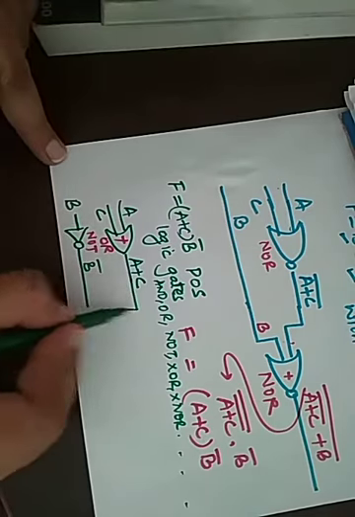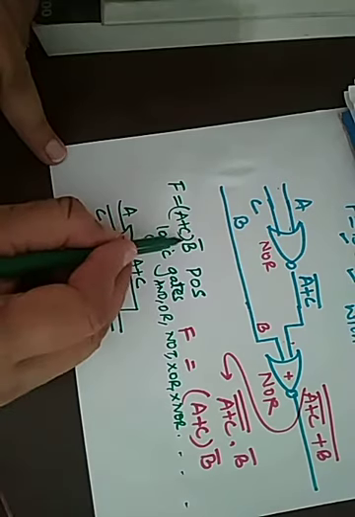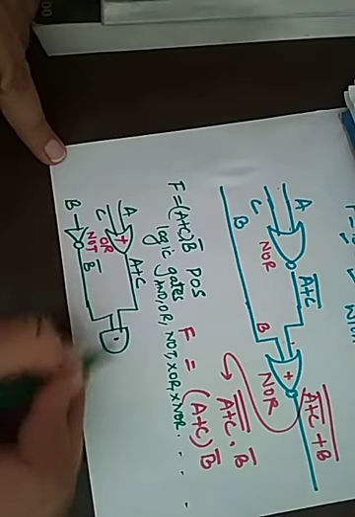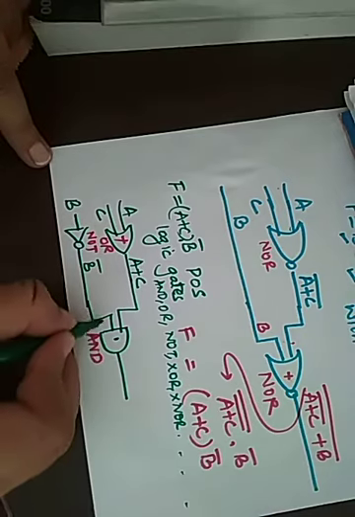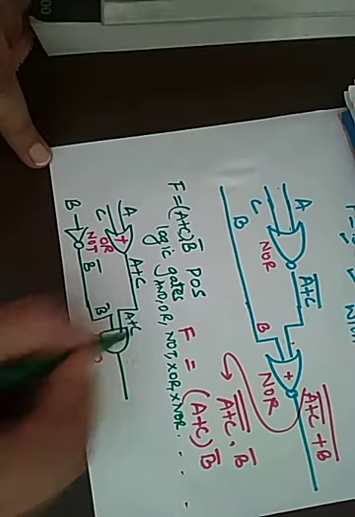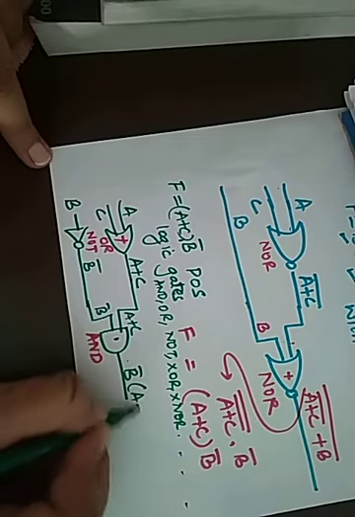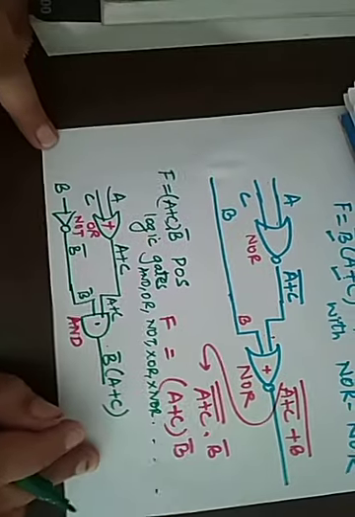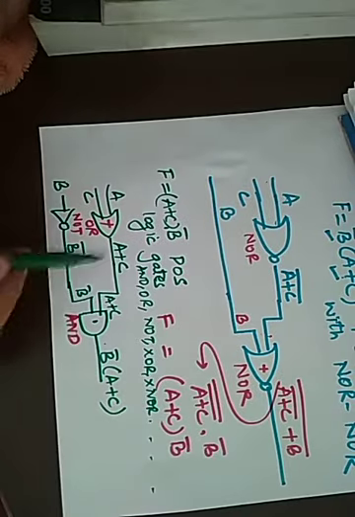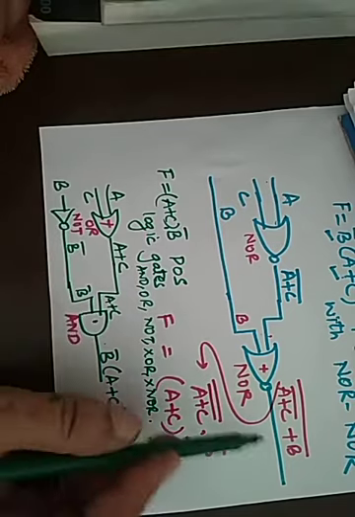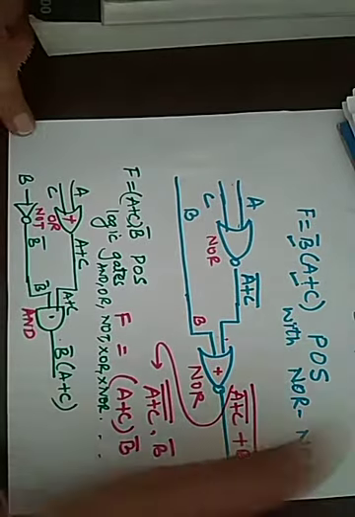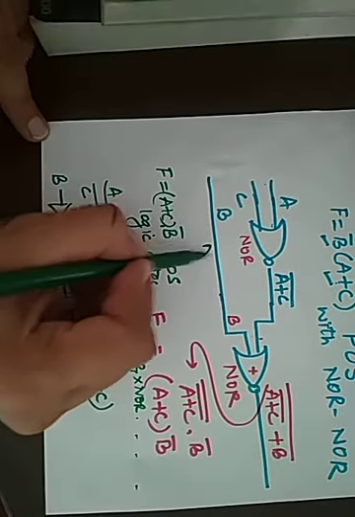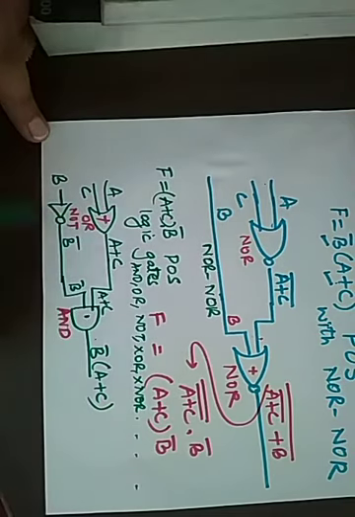And both these terms are B bar dot A plus C. So the dot gate is the AND gate. So this is the AND gate, and here you will get, this is B bar, this is A plus C. So here you will get B bar dot A plus C. So please carefully see that these are two implementations of the same function, B bar into A plus C. This is the NOR implementation, and this is with the help of any logic gates.